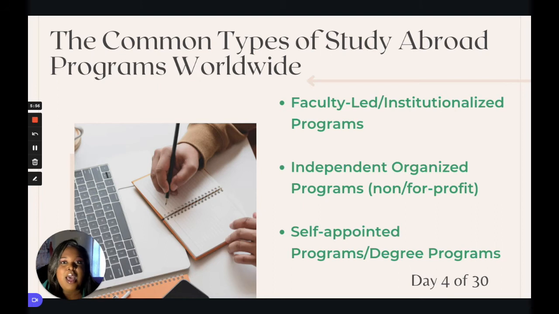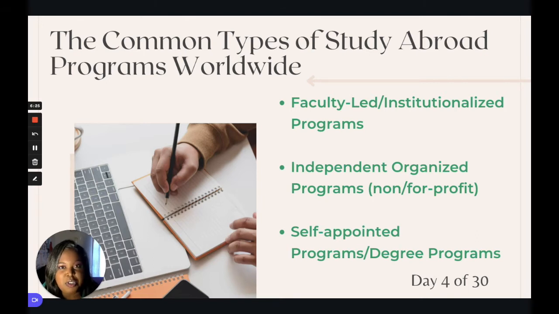These are going to be much more long-haul programs. So your 3-year full degree programs, if you're in the UK or Germany or going to Canada, someplace like that. Or if you're coming here to the U.S., it's going to be your 4-year or 5-year programs if you're undergrad, or 2 to 3 years if you're in graduate school. So you want to think about these as more long-term, but they still are a type of study abroad, obviously, and they tend to be a lot more